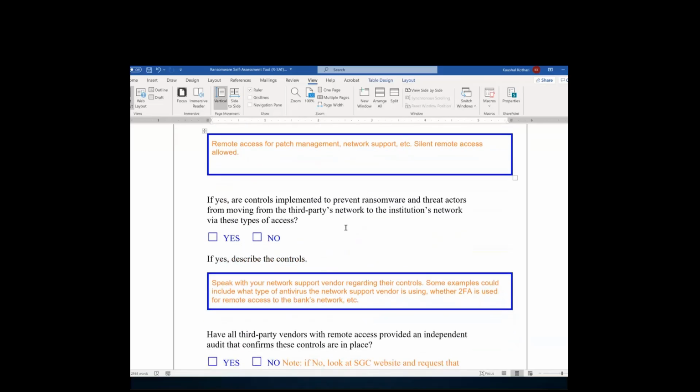And then if yes, are controls implemented to prevent ransomware and threat actors from moving from the third party's network to the institution's network via these types of access? This is one where you'll probably have to talk to your network support vendor or whatever vendors do have that remote access into the bank's network, and ask them what their controls are. And some examples of what you'd hope to hear back from those vendors is